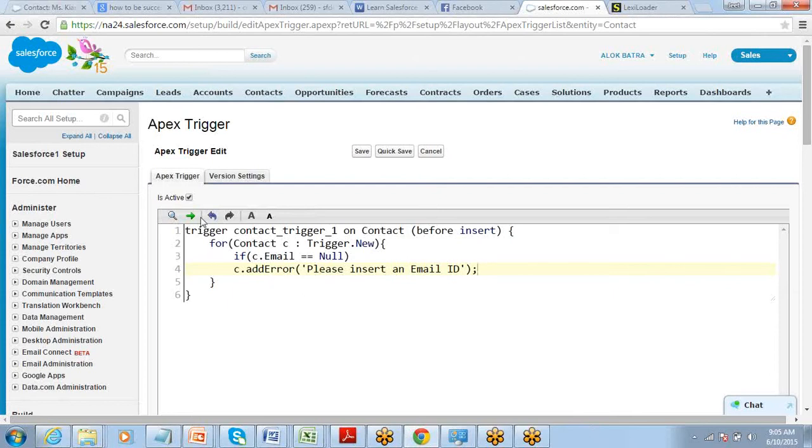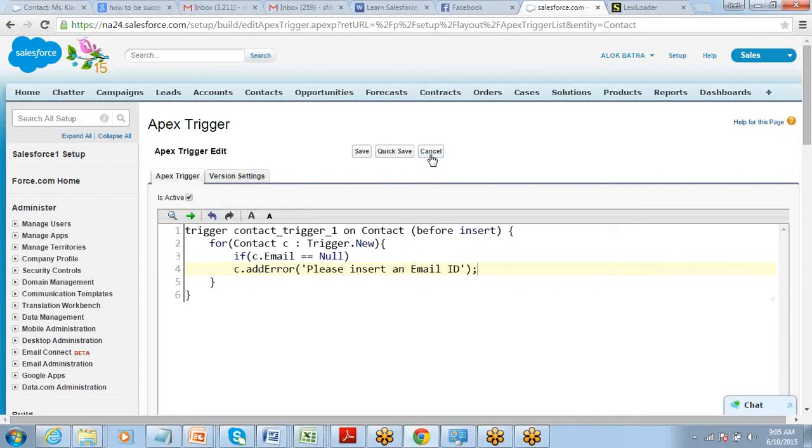All right. And you always have to make sure once you have created a trigger, it is in the active stage. If it's not active, you always have an option to deactivate it. But if it's not active, it will not function. So sometimes if you don't want your trigger to function, or you are still building up the trigger, don't make it active. But when you want your trigger to function, then you have to activate it.